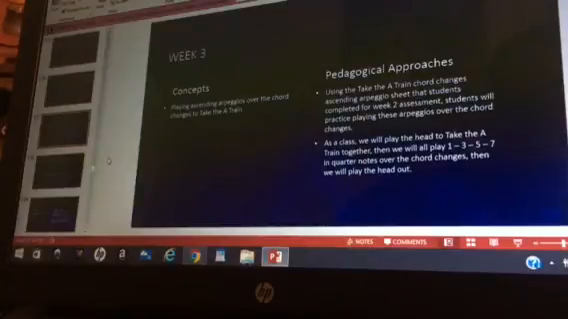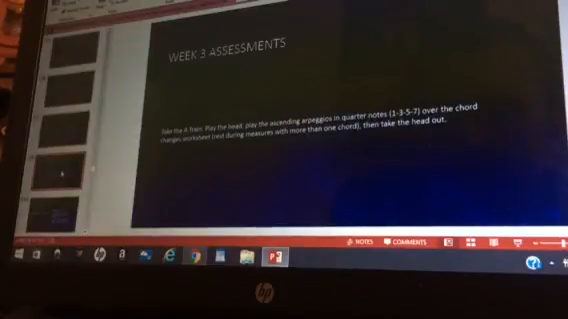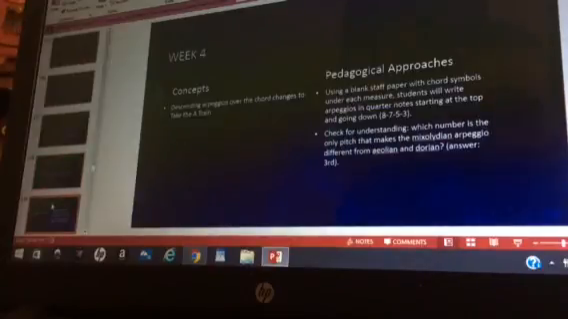So we're going to learn the head and then play the arpeggios as a class in quarter notes over the chord changes, and then take the head out just to reinforce that ABA concept. And then individually, the students will be assessed on playing the head and then playing this ascending arpeggio study, which they will not have to have memorized. And then take the head out. And now, similar to the structure of previous